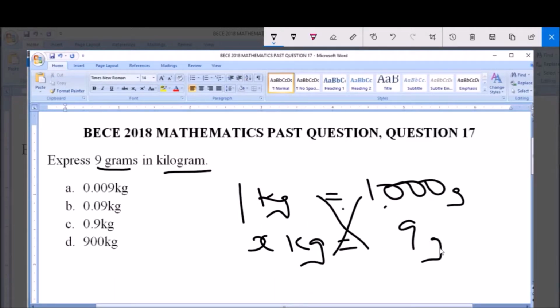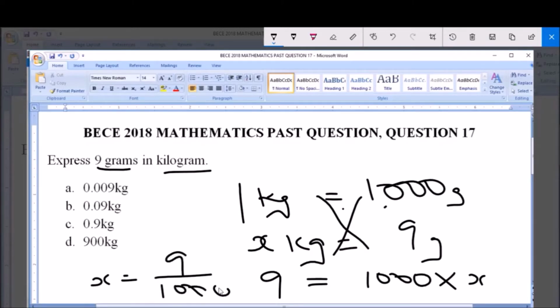So therefore we'll have that 1 times 9 will give us 9, is equal to 1000 times x. So therefore to find x, we say x is equal to 9 divided by 1000. So x is equal to 9 all over 1000. And 9 divided by 1000 will give us 0.009. So therefore x is equal to